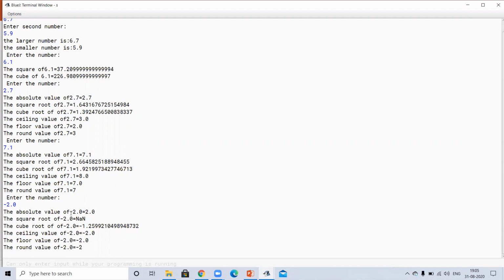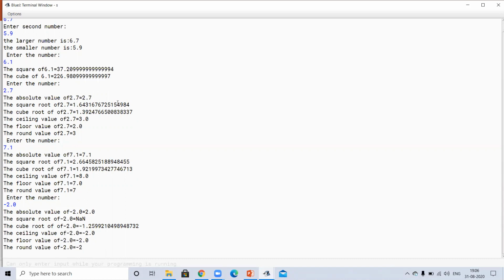The argument is negative, so of course the absolute value converts it into positive. But the square root is showing NaN, which means some error. So we cannot find the square root of any negative number. Remember that. The ceiling value stays negative, it shows in minus only. This is the answer.